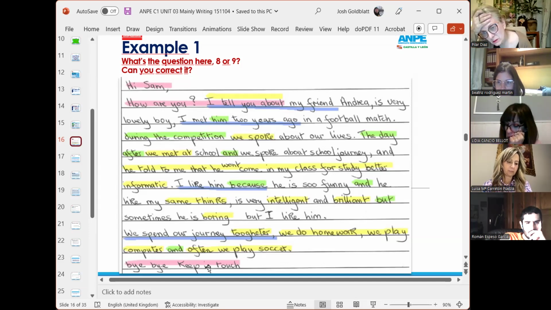Okay. Also got very good. We got spoke, met. Spend, that's in the present. But we did use a couple of irregular verbs, told, met, spoke, which I think was good as well. So reasonably good. Remember, if you're writing something, you have to correct it afterwards. You might correct some of the punctuation. We'll look at punctuation in a moment.